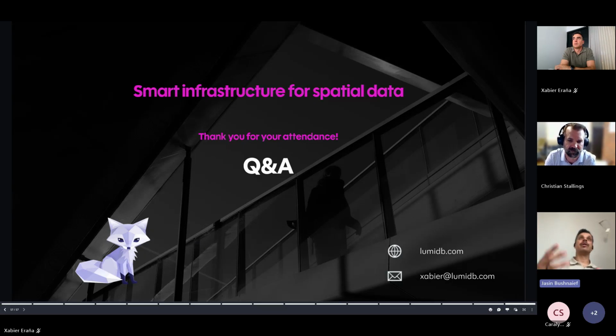You can very dynamically combine multiple datasets within that area. You could either download the original ones that intersect that area, or generate a combined, cropped, filtered combination of the data, and then select whether it's going to be LAZ or E57 or some other standard format. You get to choose, and LumiDB will dynamically generate that for you.